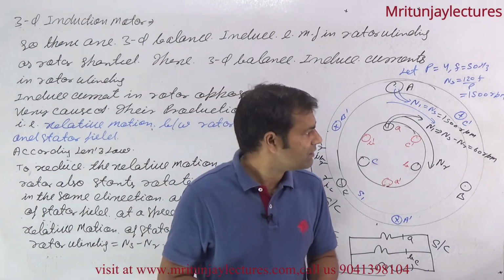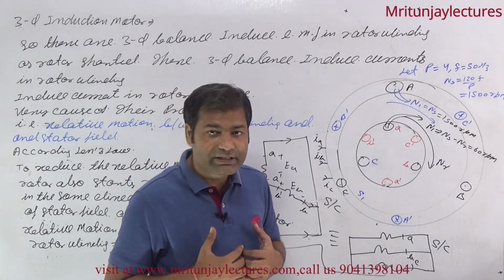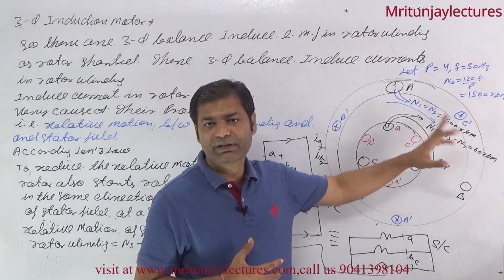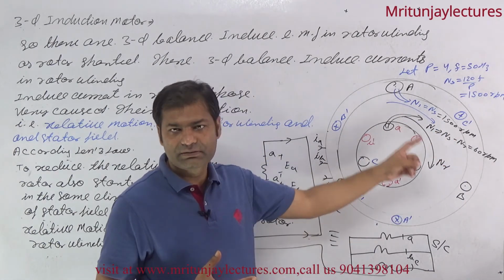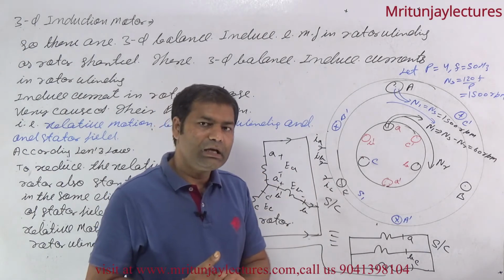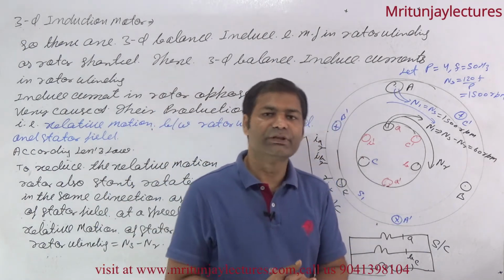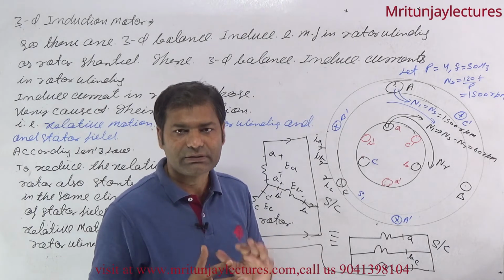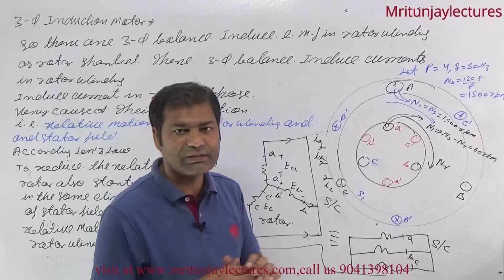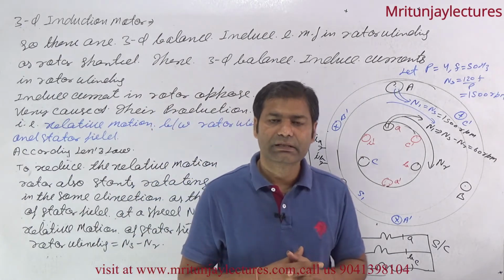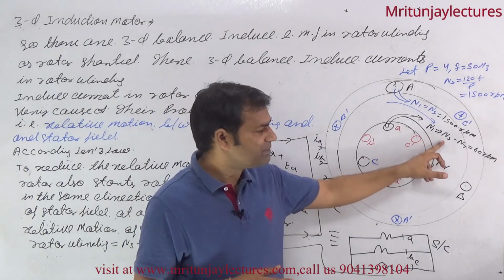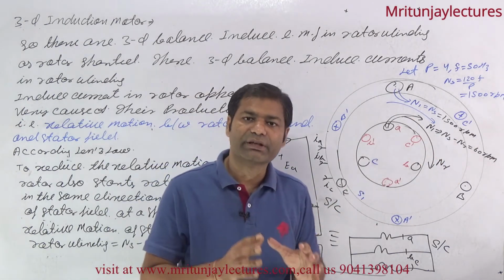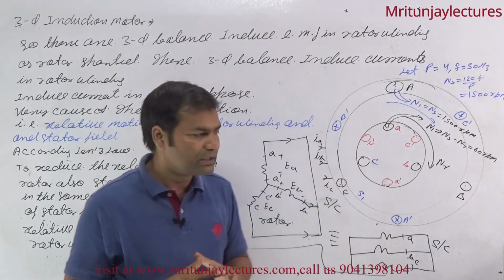It means if induced current is not generated, then what about relative motion? Ns is equal to 1500 rpm, and the direction of Ns is clockwise, like this one. Now if induced current is generated, then relative motion is opposed. This current opposes the relative motion. It means relative speed decreases, which means the rotor starts rotating.